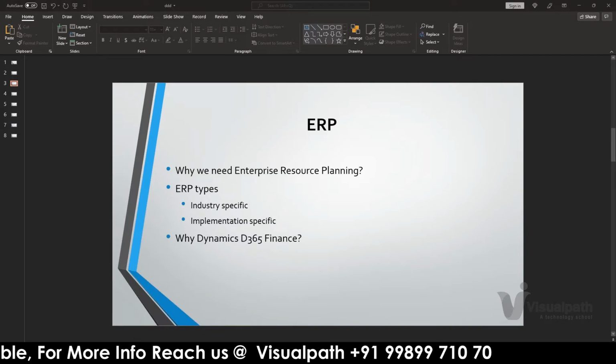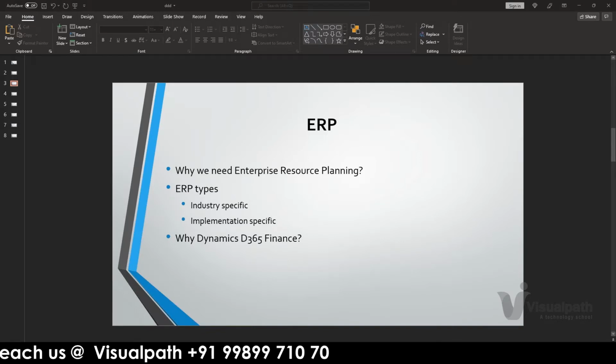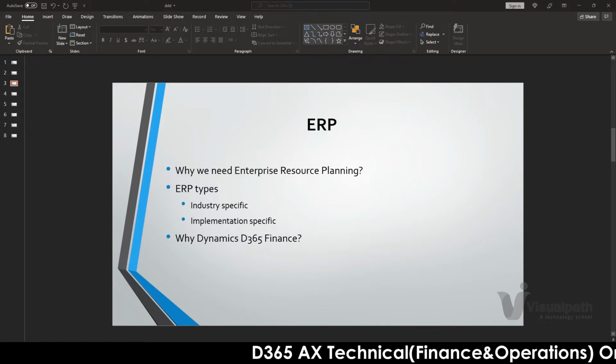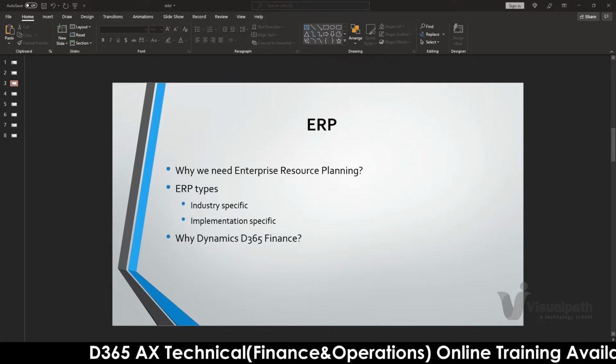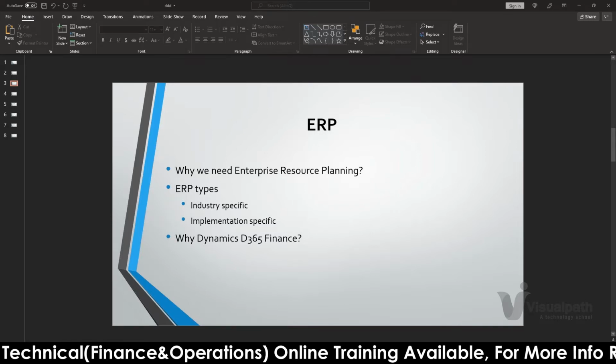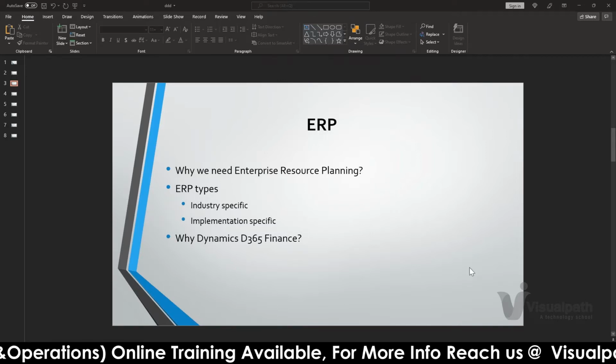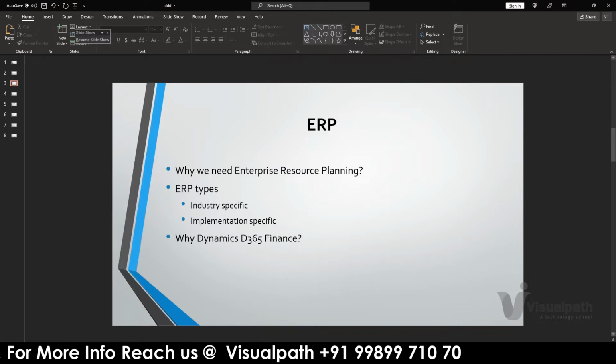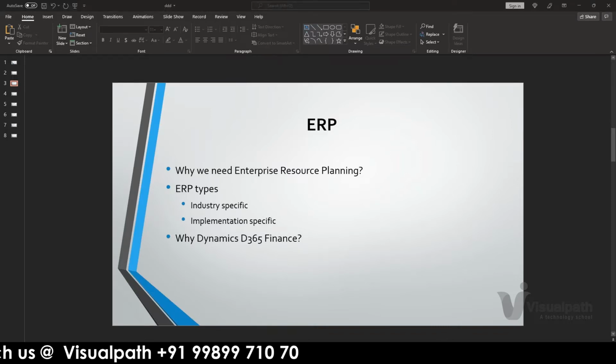On the go, we can place an order, or on the go we can check the status of whatever the department is looking for. And we also have a hybrid ERP, where they can implement either on-premise or cloud-based. So we now know what ERP is and why we use ERP.